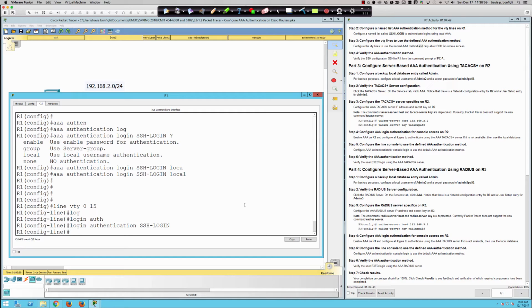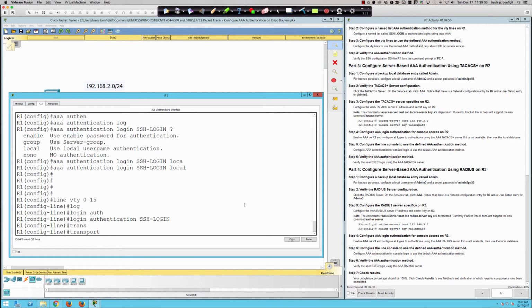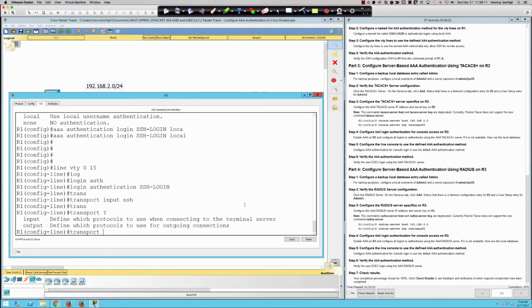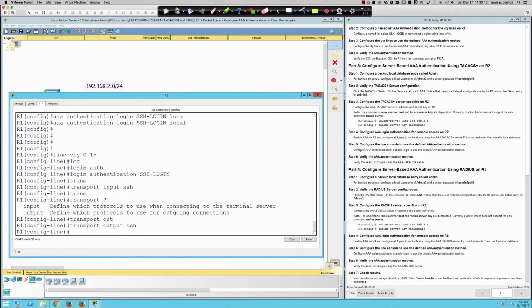Well, it's not talking about an ACL here, because they're not asking you to create an ACL. So what they're looking for is the transport input, right? SSH. Now, I can say input and output, right? So I could even say transport output SSH. And so what I've just done is I've limited